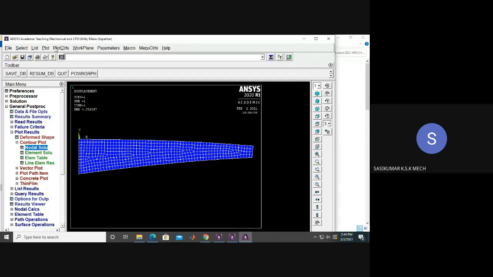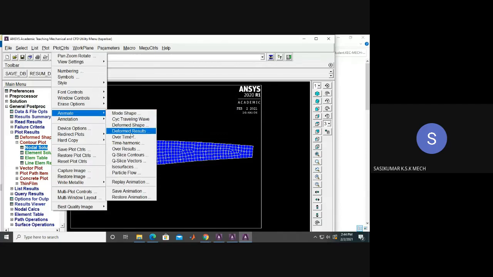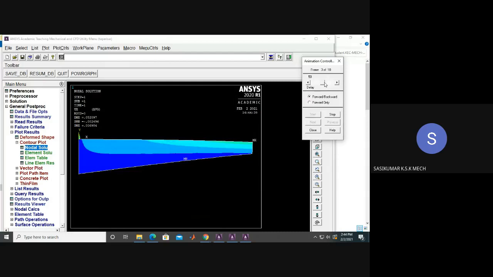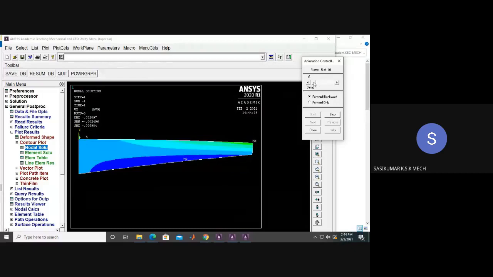Okay, so you can animate the results as well. Okay, so deformed results, just give it this. So this may deform in this way due to the application of load.